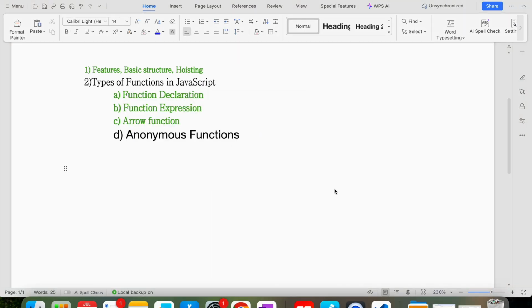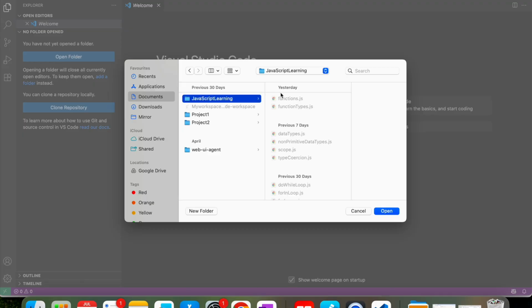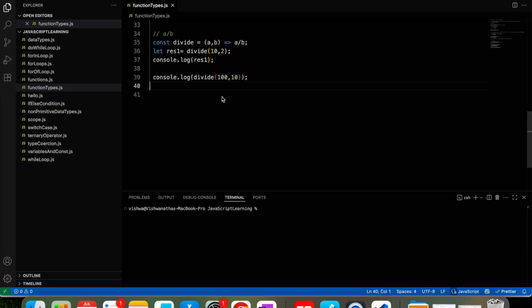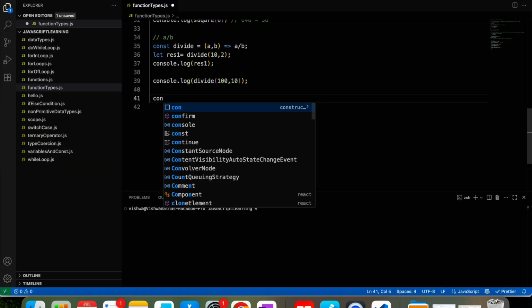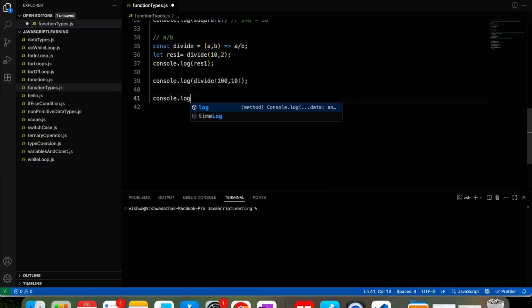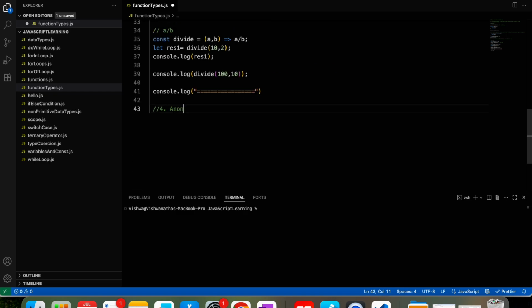Let me open Visual Studio Code and let us start practically. Let me open the project that we have been working on. Okay, this is the function type we have been discussing. Let me print some separator here. Console.log. I will print some line here so that we can distinguish. Now we will discuss anonymous